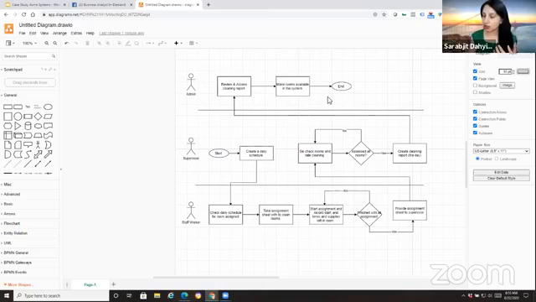Now, another reason why we do workflows is from a change management standpoint. So when you're building systems and you're bringing in new technology, you need to understand how things will change for your stakeholders, and you need to be prepared to do some sort of change management.